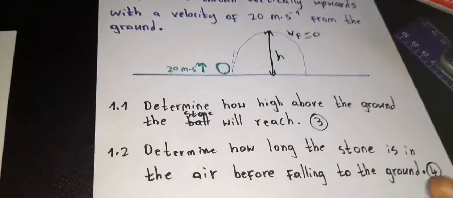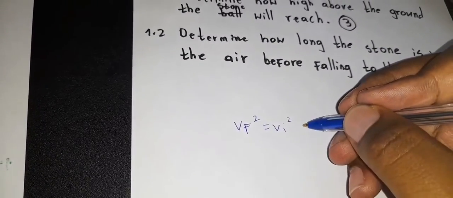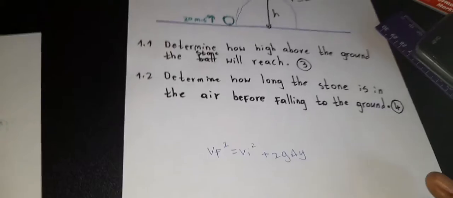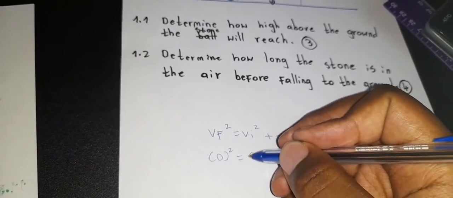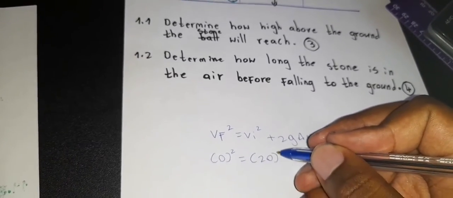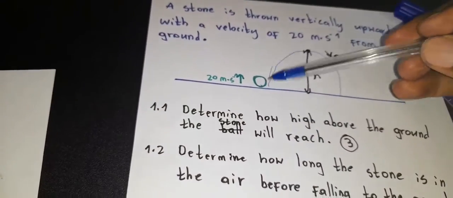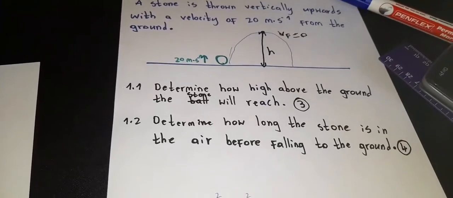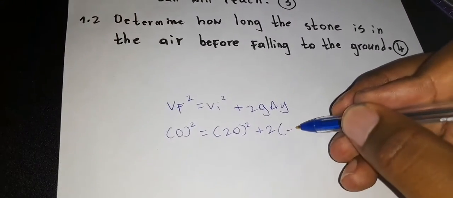So what will we do? We will use the second formula, which says that Vf squared is equal to Vi squared plus 2g change in y, and then let's substitute. The final velocity is 0, the initial velocity is 20, but we square it, plus 2. Let's talk about g. When the ball is moving away from the ground, g acts as a decelerator, which means we'll plug it in as negative because it decreases the speed. So it's negative here, negative 9.8